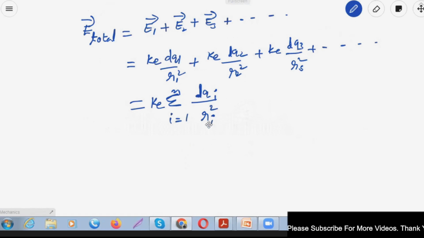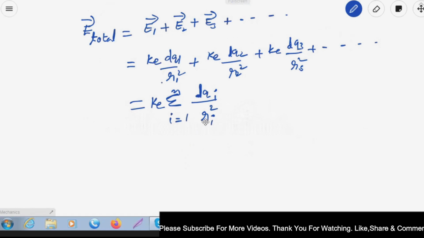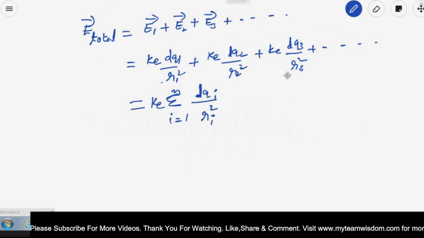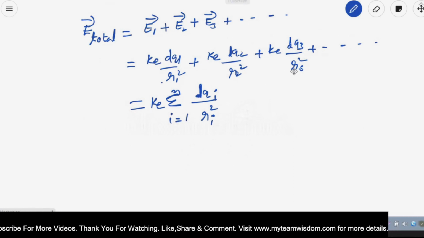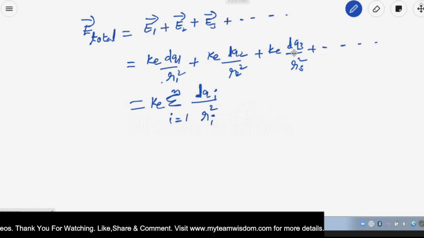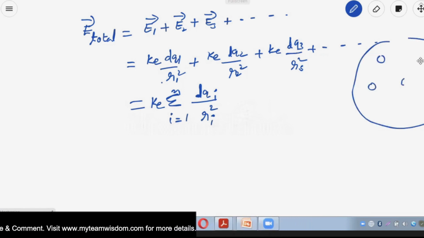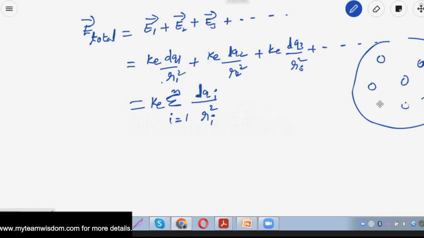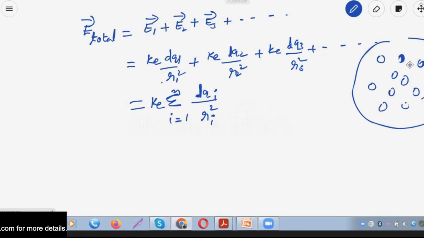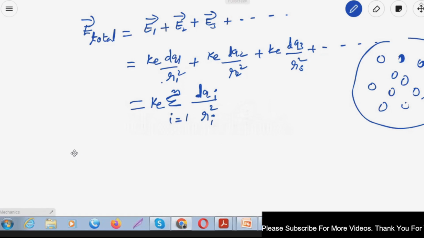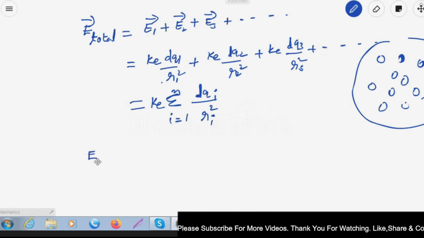Yes, sir. If I substitute i equal to 1, I'll be getting the first term. If I substitute i equal to 2, I'll be getting the second term. If I substitute i equal to 3, the third term. If I substitute n, then I'll be getting the nth term. That means the electric field due to different charges I'm getting. There are n such elements, right? So the total electric field, E total,